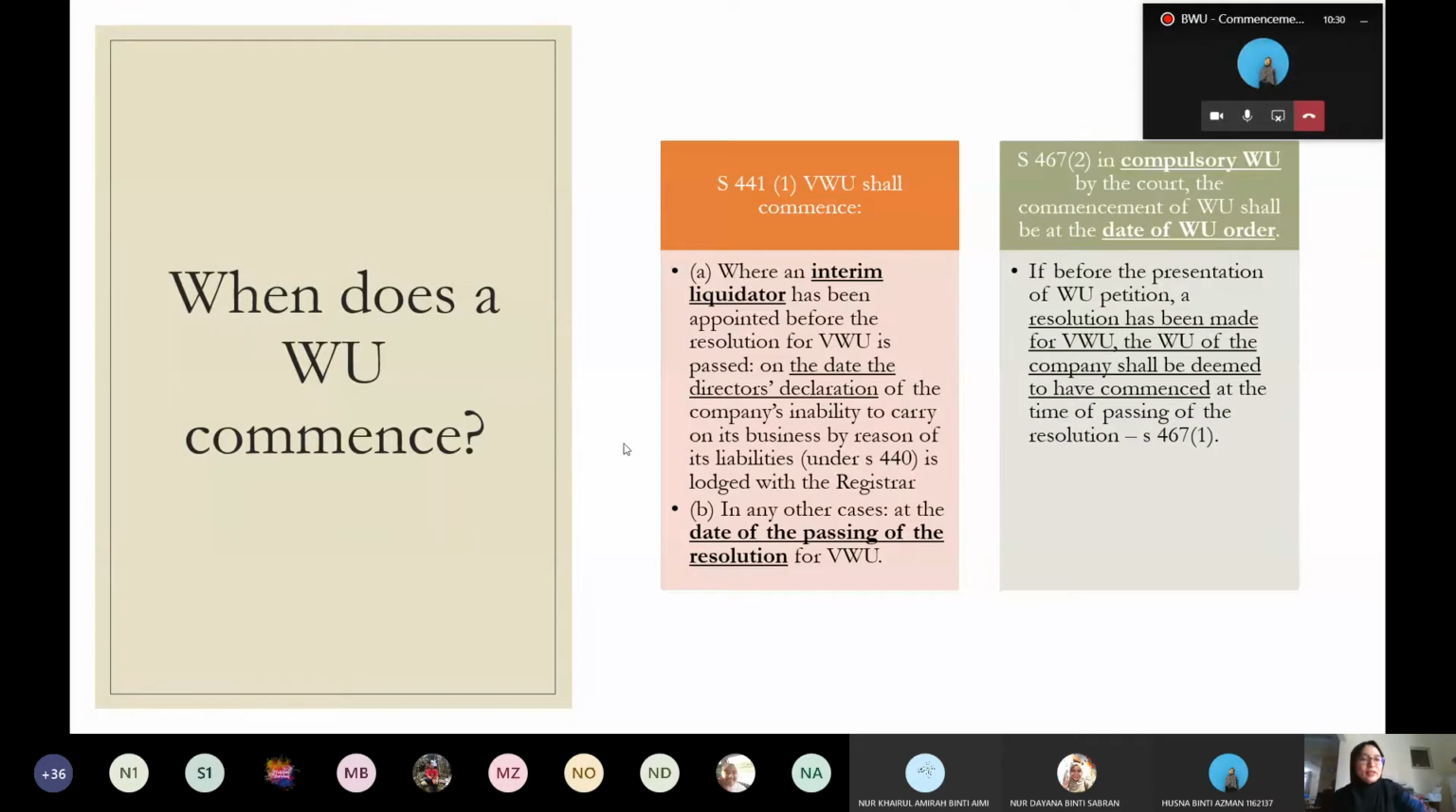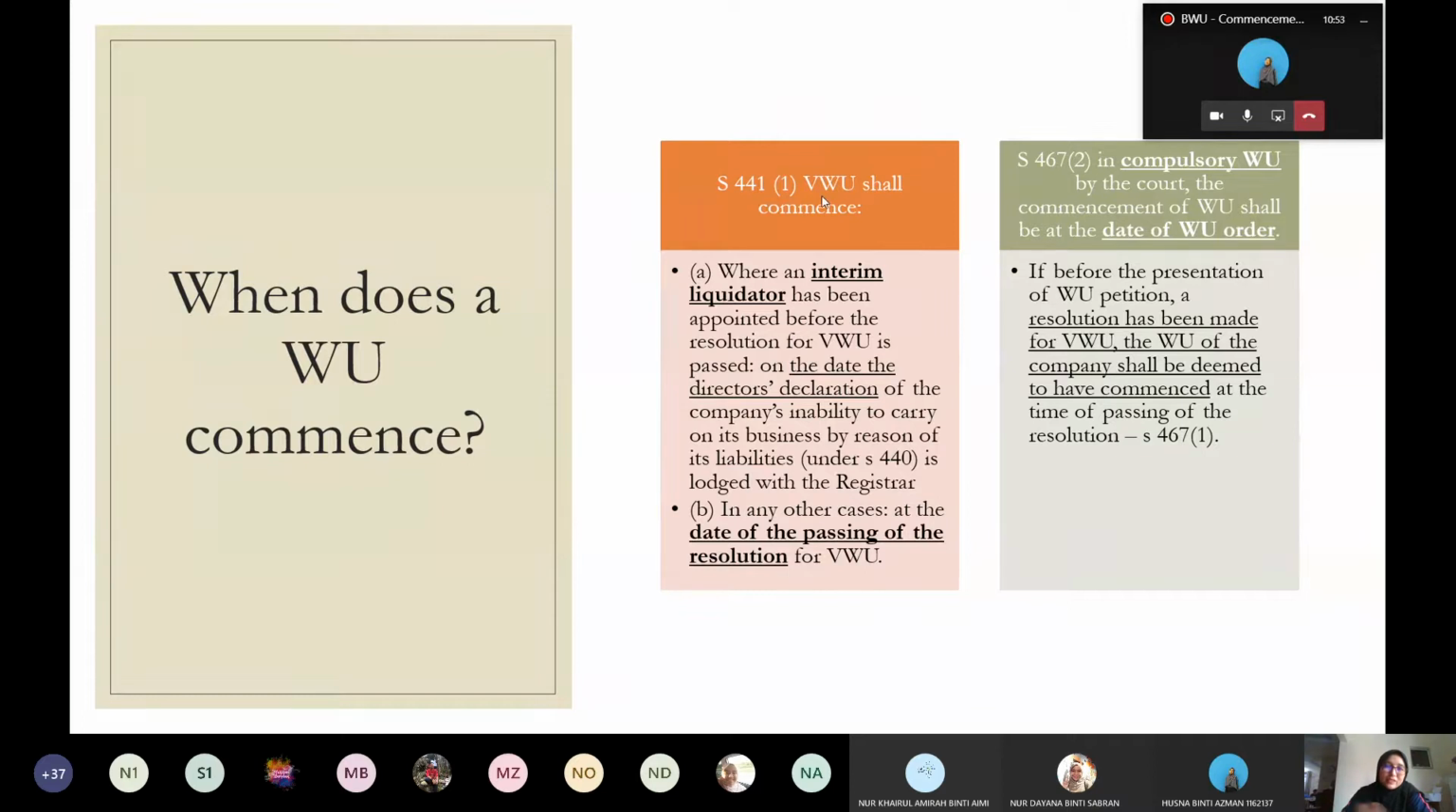Okay, so kita besarkan yang ni duduk sini. Okay, so this talk about the point of time when the winding up commence. This is important because there are certain transaction which cannot be made by the company. So that is the reason why the time of the commencement of the winding up is important. Okay, so untuk setiap proses ni dia ada semua